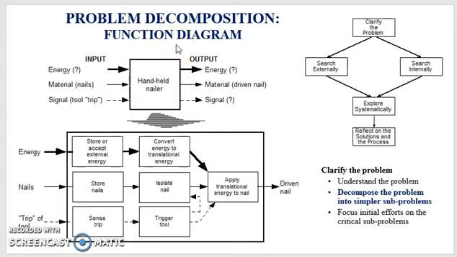The first step in decomposing a problem functionally is to represent a single black box operating model based on material, energy and signal flow. The next step in functional decomposition is to divide the single black box into sub-functions to create more specific descriptions of what the elements of the product might do in order to implement the overall function of the product.